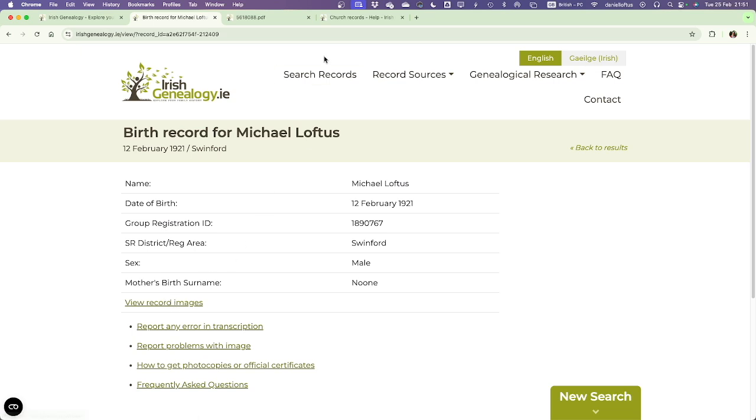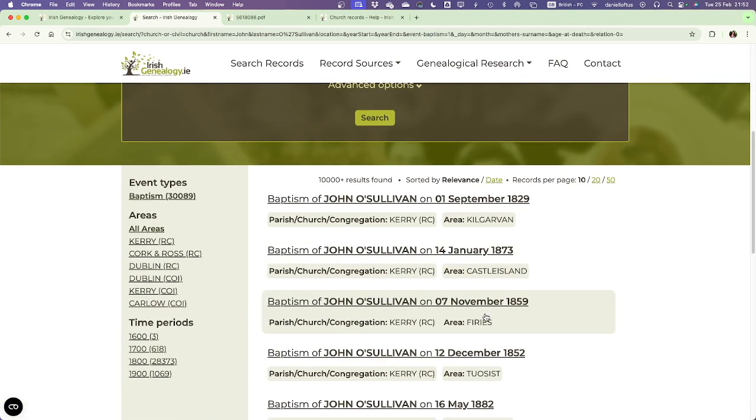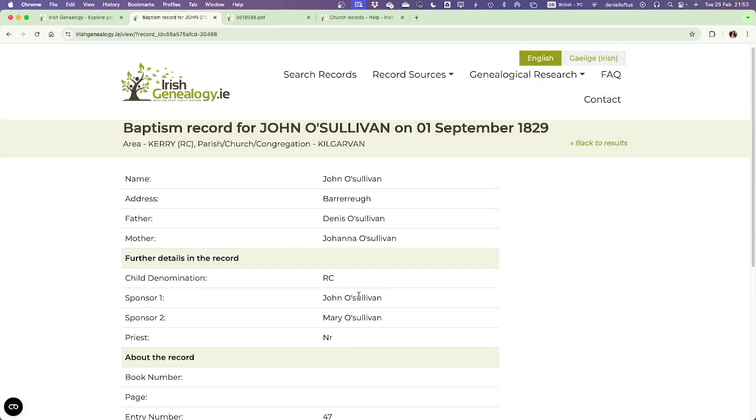images as before. For the church records, if we click on church records, we then get the options here. So it filters down to marriage, baptism, burial, and then we can pick a name. So we'll use the example of John O'Sullivan. Let's say I don't have a particular area, so I'm just going to do baptism. And when I press search, it gives me the area and the parish and the date of baptism and the name. So when I click onto it, it still gives me the father's name, the mother's name, and the sponsors'